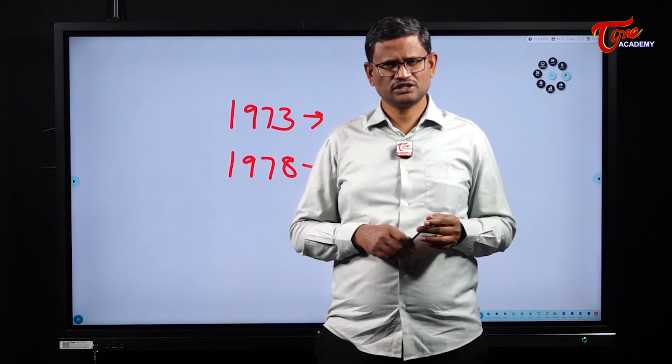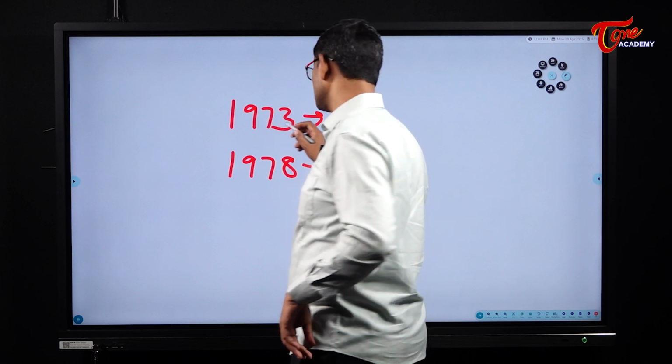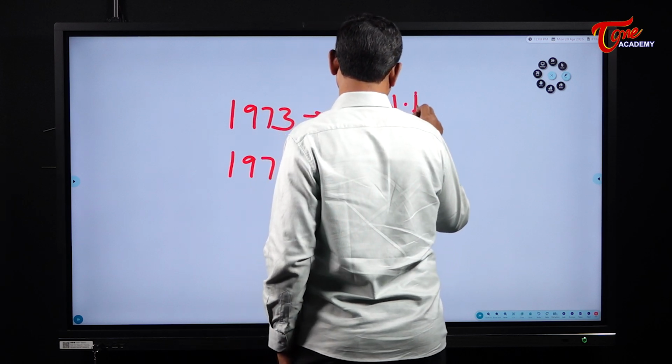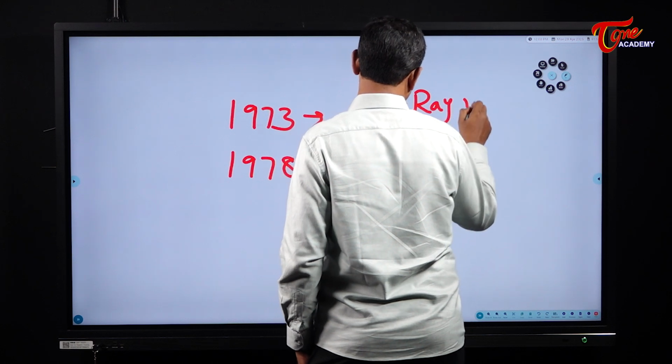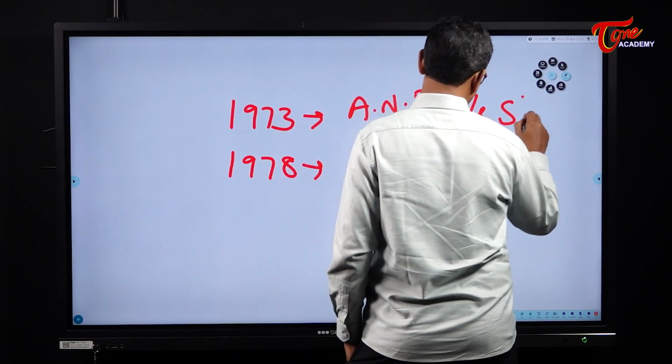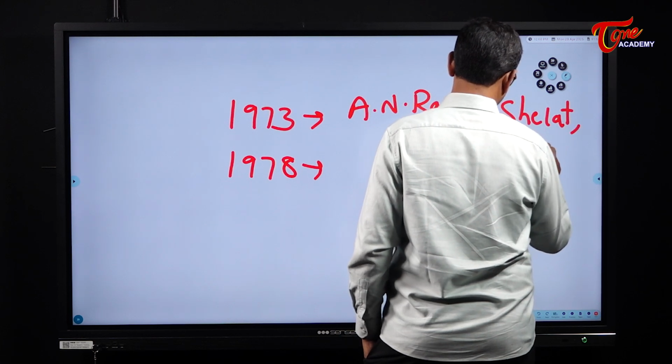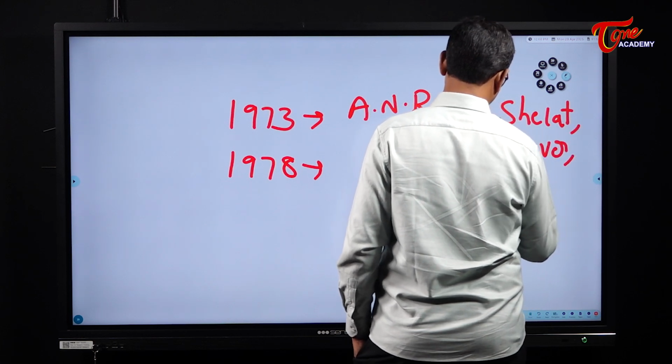So, the principle of seniority was not followed in the year 1973. Here, A.N. Ray, who was a junior to 3 judges, Shelat, Grover and Hegde,